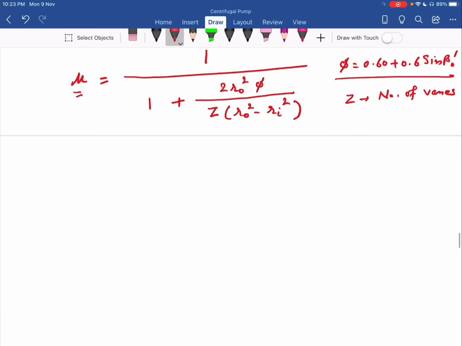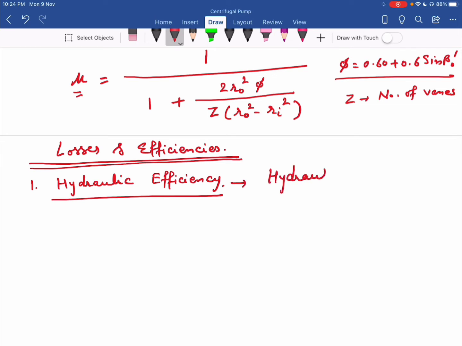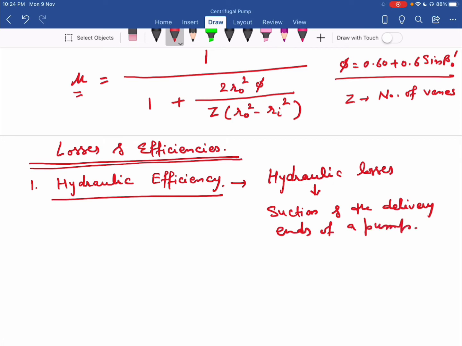Then next I have various losses and efficiencies. The first one is the hydraulic efficiency. Now the hydraulic losses. So this hydraulic efficiency accounts for the hydraulic losses, that are the losses that occur between the suction and the delivery ends of a pump. Whatever losses occur between the suction side and the delivery side of the pump, the total losses